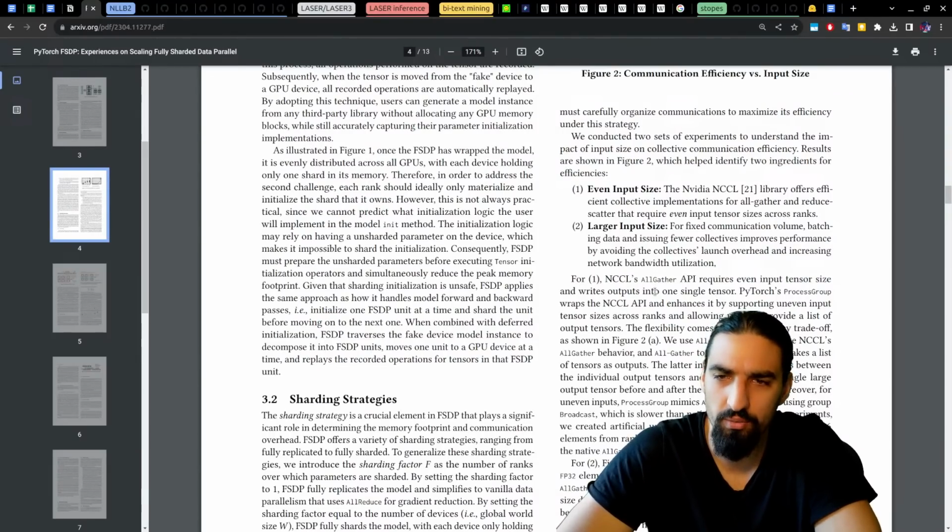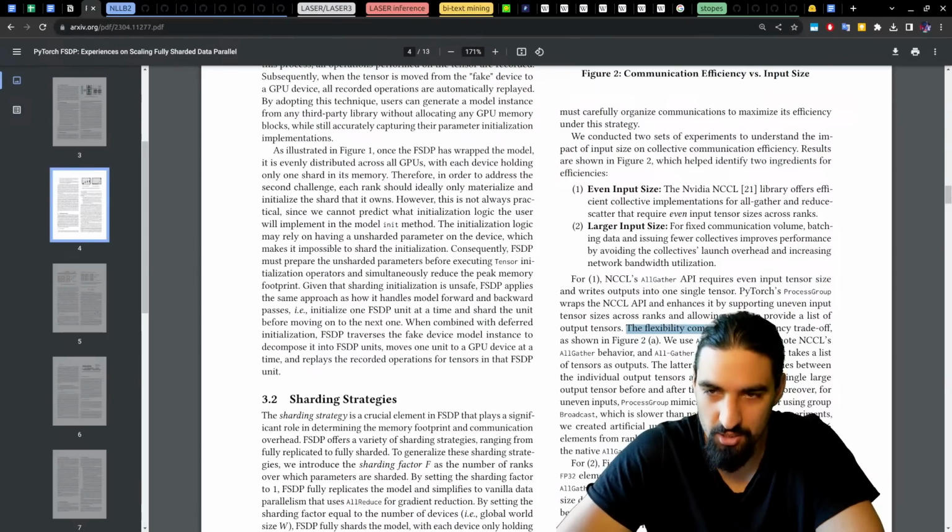Okay, for one, NCCL's all-gather API requires even input tensor sizes and writes output into one single tensor. PyTorch's process group wraps the NCCL API and enhances it by supporting uneven input tensor sizes across ranks and allowing users to provide a list of output tensors. The flexibility comes with an efficiency trade-off, as shown in figure 2a.